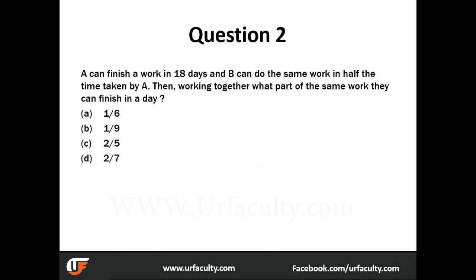A can finish a work in 18 days and B can do the same work in half the time taken by A. So this is the keyword here: half the time taken by A. Then working together, what part of the same work they can finish in a day? Very simple, right? So how much can A do in one day? Now that you understood the concept, A's one day work is equal to